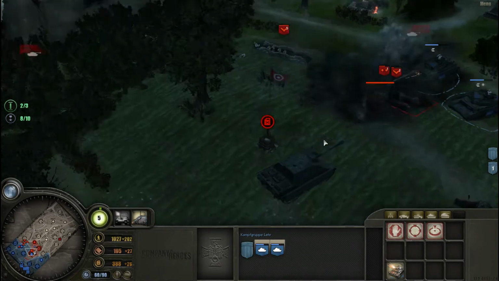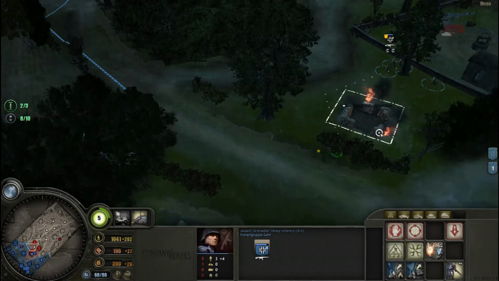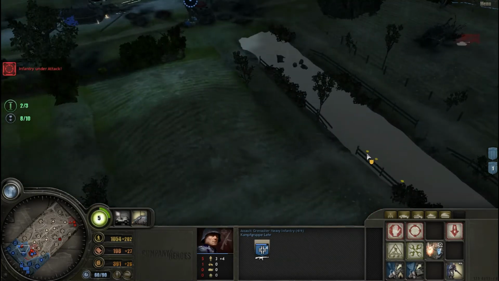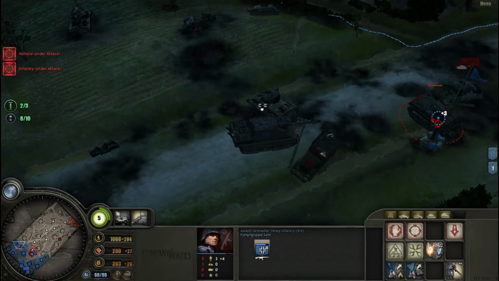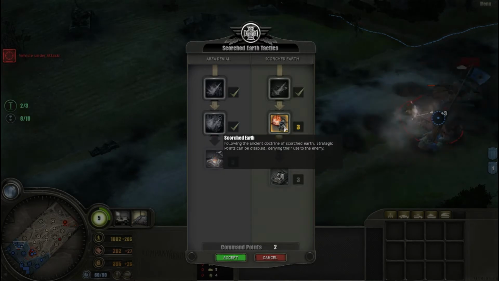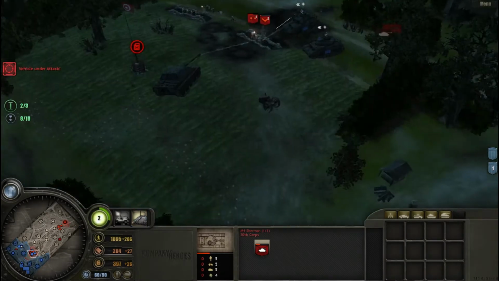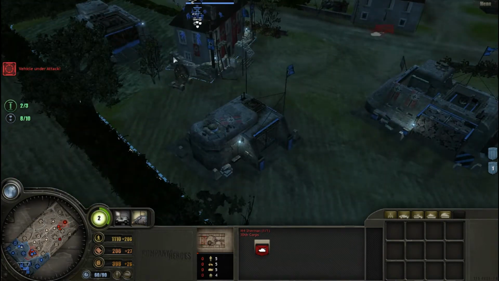Panzer IVs are doing a good job at cleaning out the men, but not a great job. They need to do a better job, in my opinion. Can't throw incendiary grenades yet, which is kind of annoying, but I suppose beggars can't be choosers. We are taking out that Sherman with great force. Forgot to get the sector artillery, god damn it. That's going to be really good with all these tanks around and everything like that, but we can do it